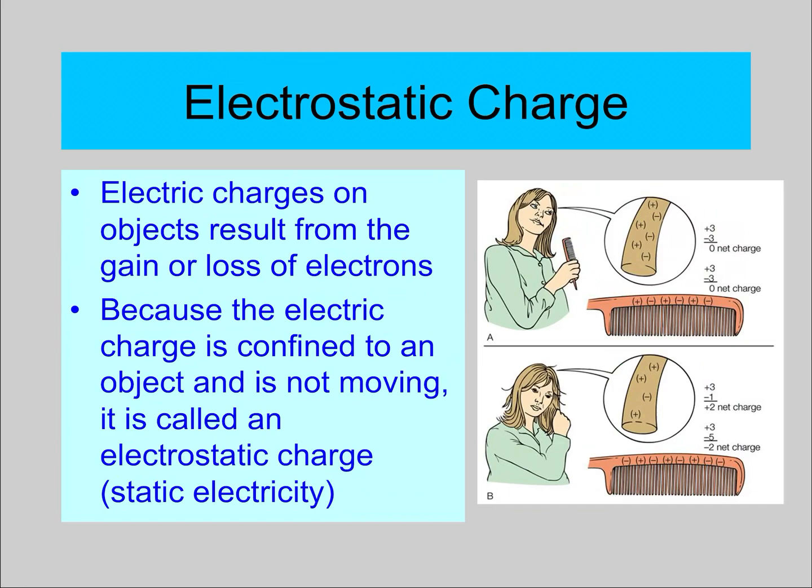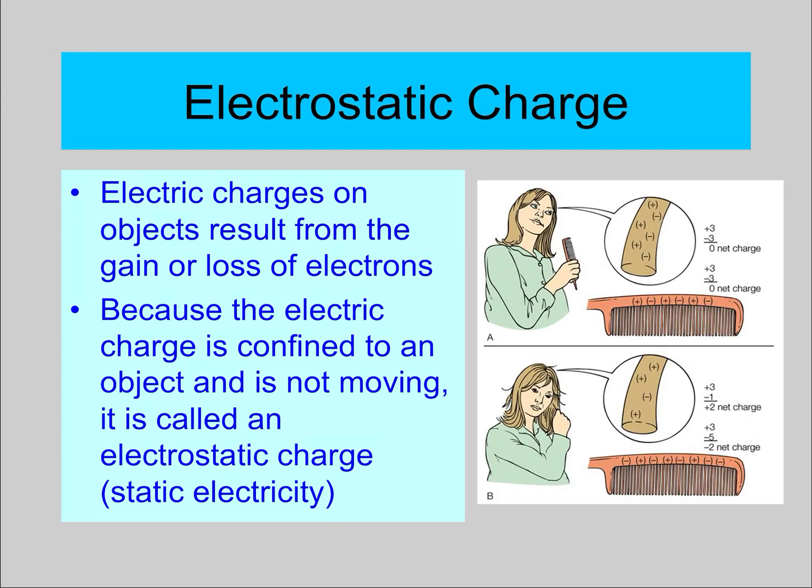Another thing with electrostatic charge is that electric charges on objects result from the gain or loss of an electron. Just like sodium and chlorine can gain or lose an electron, objects can gain and lose electrons. When that happens, we have what's called electrostatic charge. Because the electric charge is confined to an object and it's not moving, it's called an electrostatic charge or